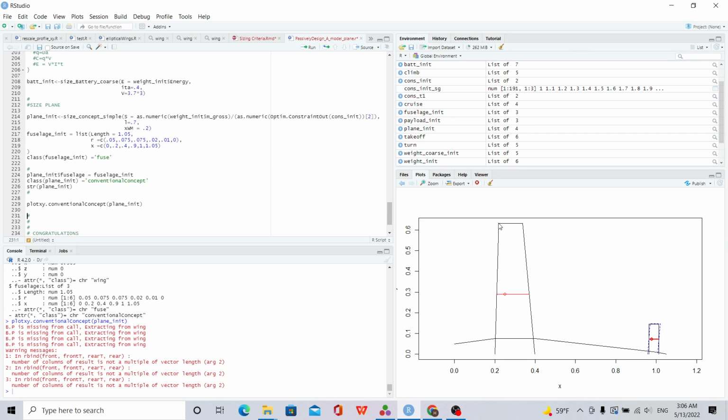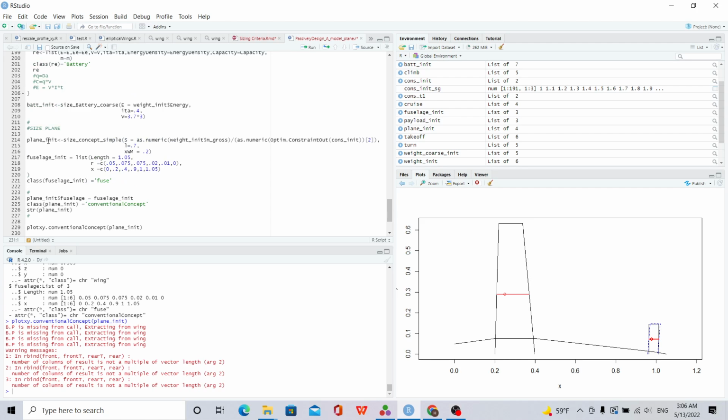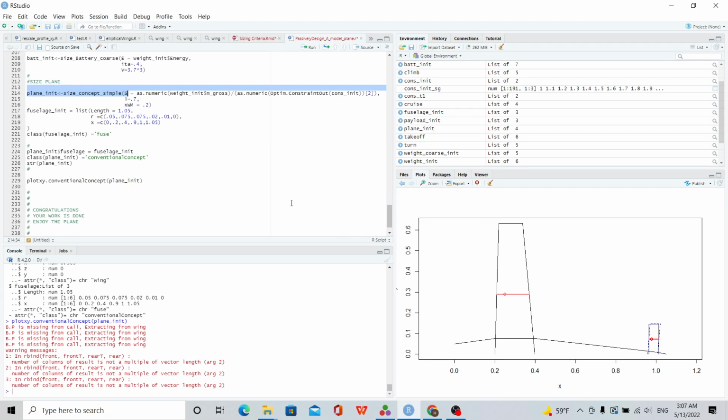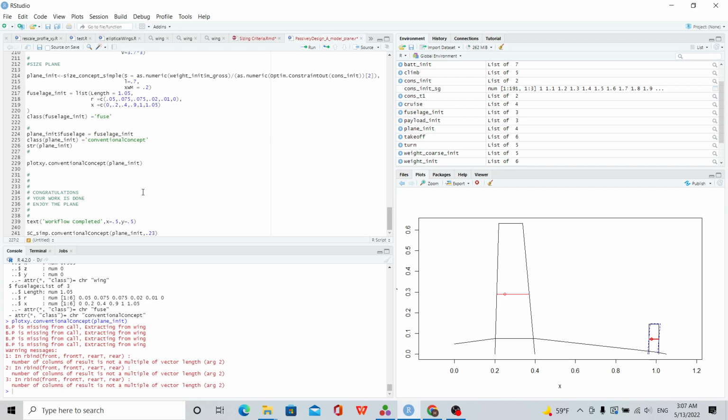So where it actually gets the aspect ratio: this part, size concept simple, is kind of quite simplified because it's assuming more than it should. I'm picking an aspect ratio, a taper ratio, and also a sweep based on my experience on very conventional planes. You don't have to follow that. You could change a lot of default parameters, and